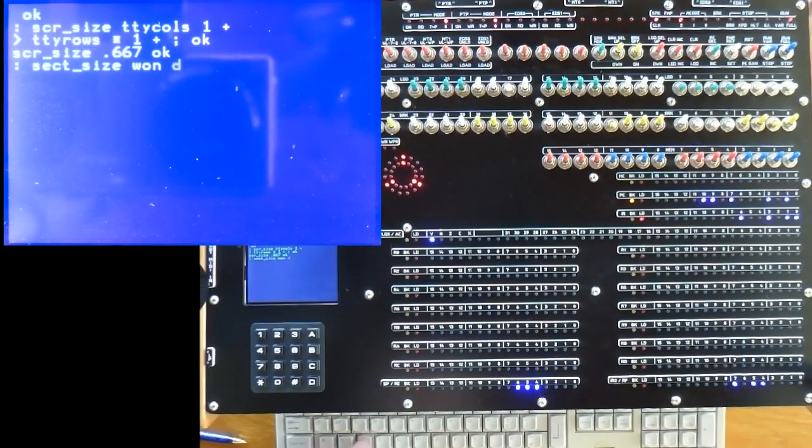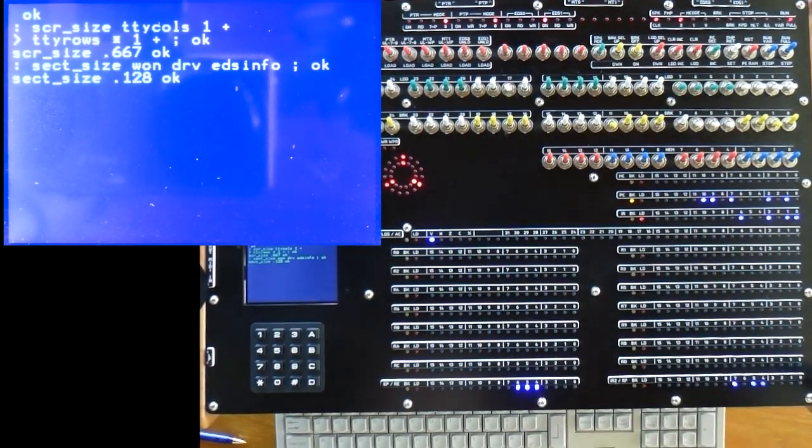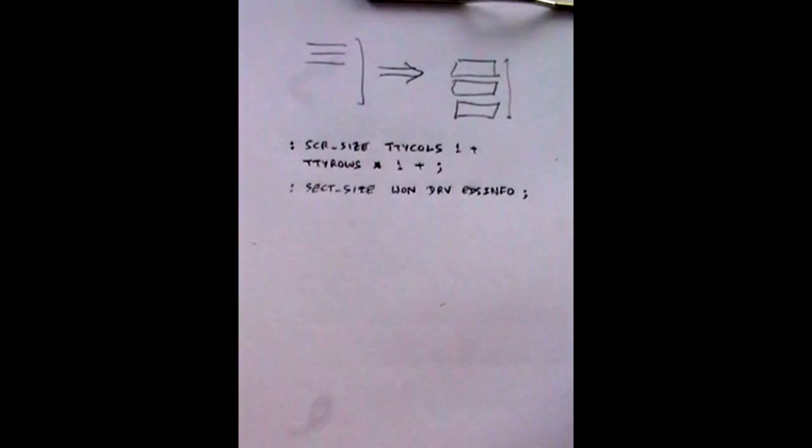So let's check it. Sector size dot. 128. Right, now for a calculation, which you could probably do in your head, but let's do it using Forth